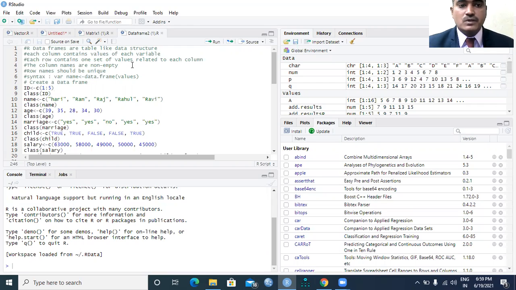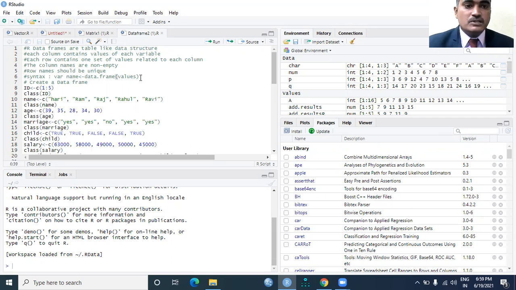The column names are non-empty. The row names should be unique. And the syntax for creating a data frame: a variable name followed by the left assignment operator and the function data.frame, and inside of the brackets we need to specify the values.